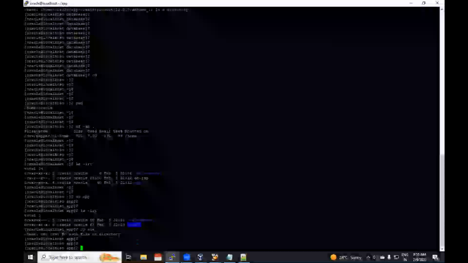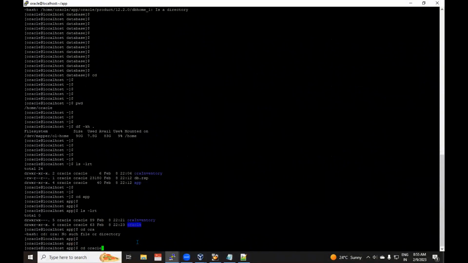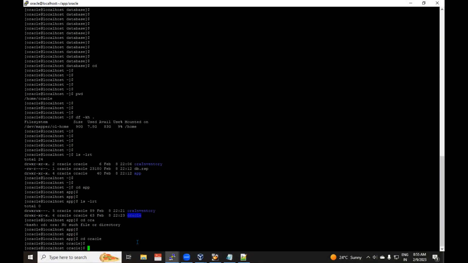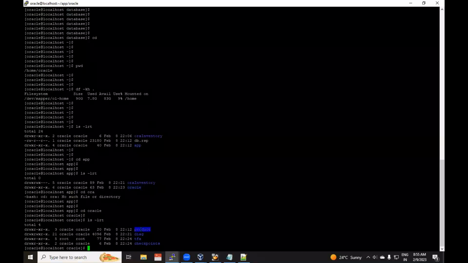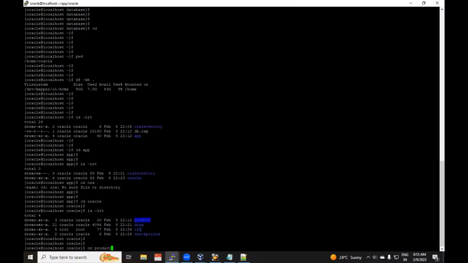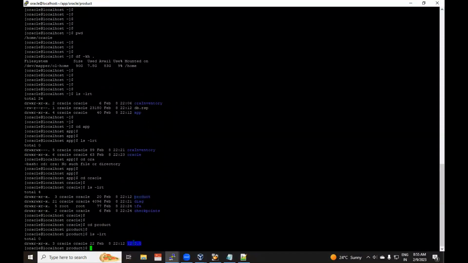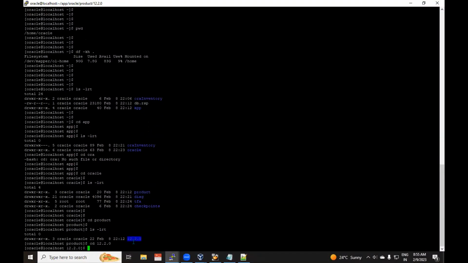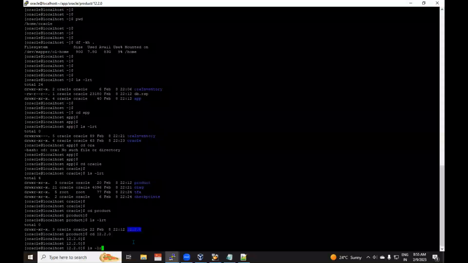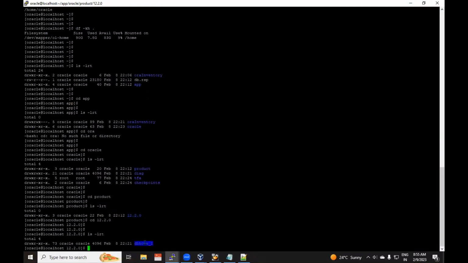It's a path. Okay, we are going to the Oracle home path. Here, what contents are available? We'll go to the product. Here, set the variable equal to the DB home 1.